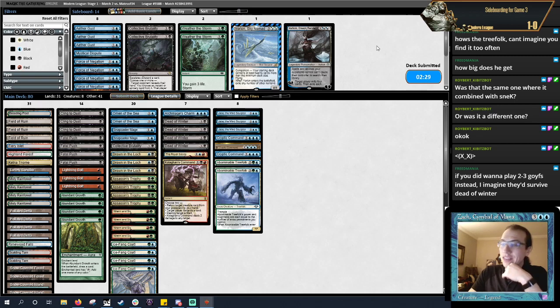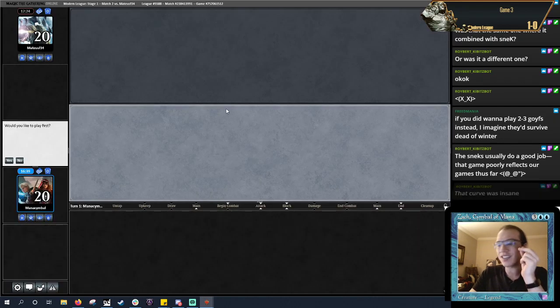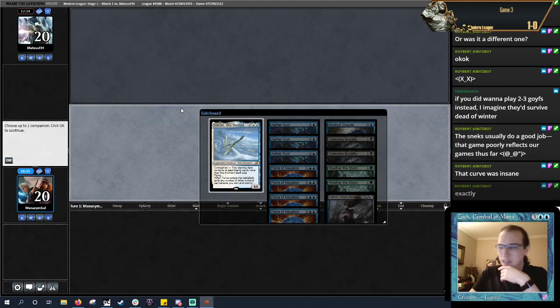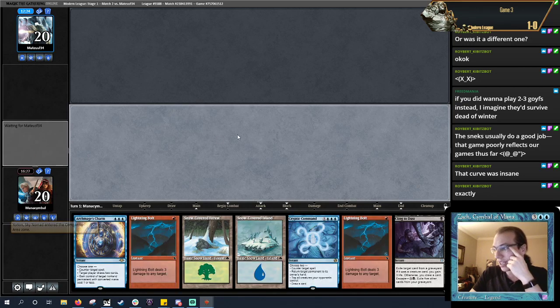One of the big things we're doing in this league, though, Freed, is I want to find out how playable Treefolk is right now in this kind of deck. The Snecks usually do a good job. Well, that hand from them was completely insane, right? I specifically said on my opening hand that what I kept was slow, and their hand was the exact opposite. They had a completely insane opening. I would have needed...